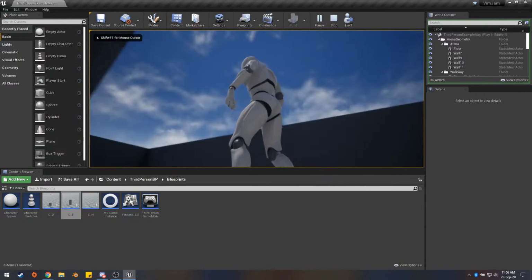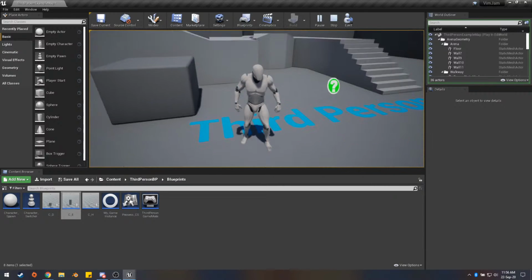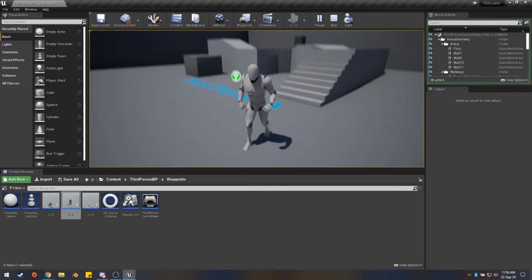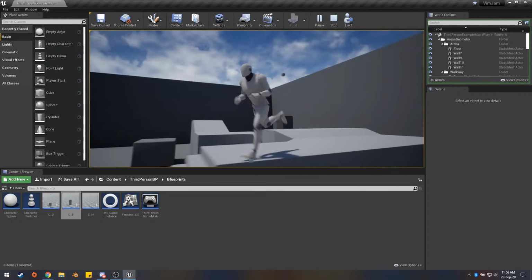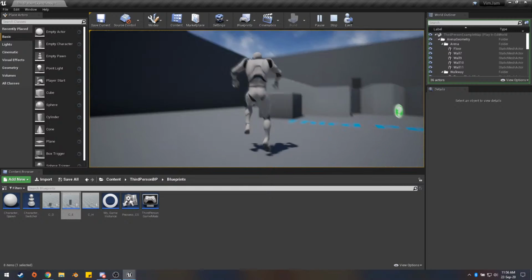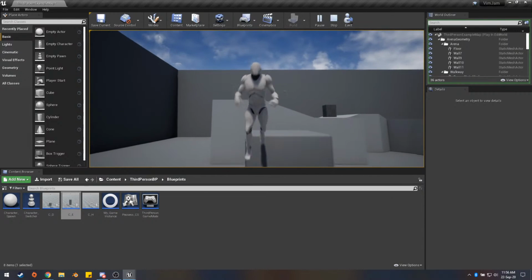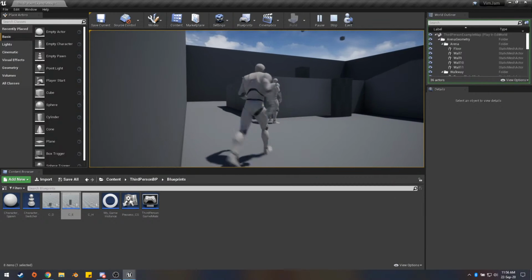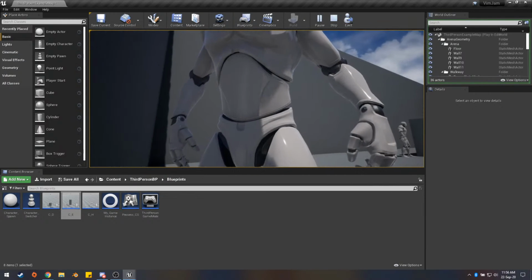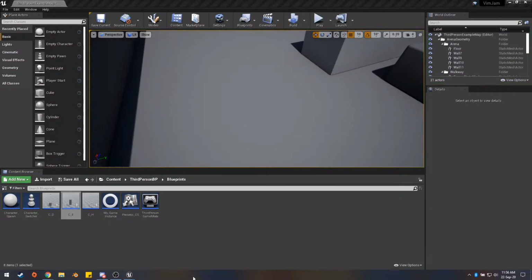So now when I press play, I do have the cube. So when I walk in, I can switch with that and that. When I walk in over here, I can switch it with that and that. So now, because we can do that,